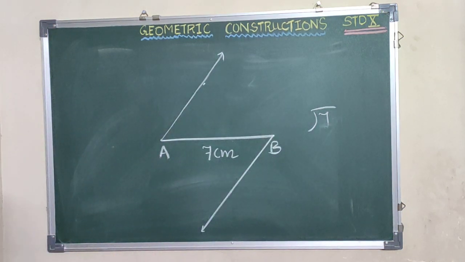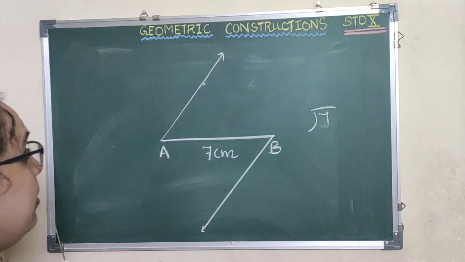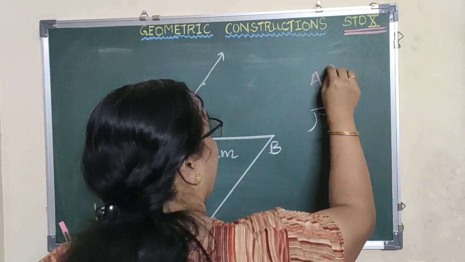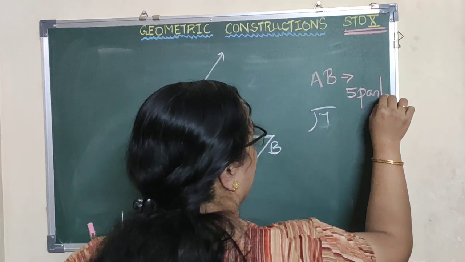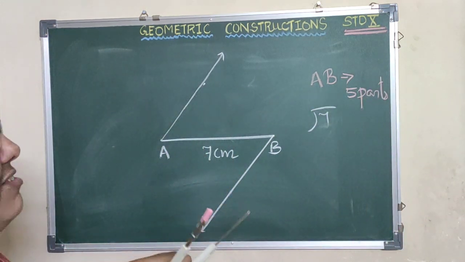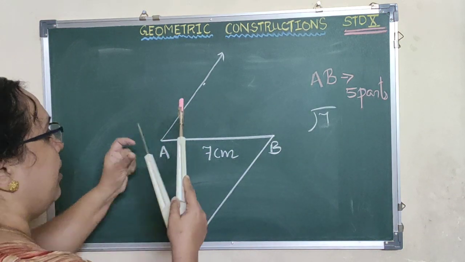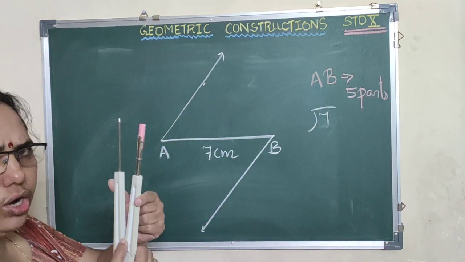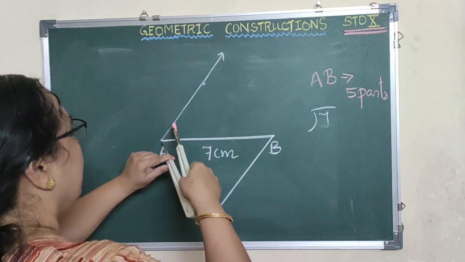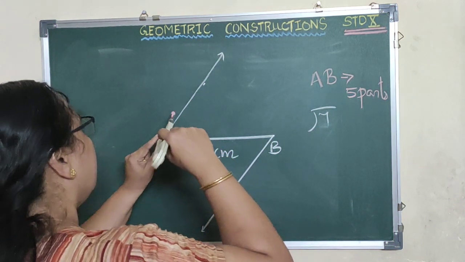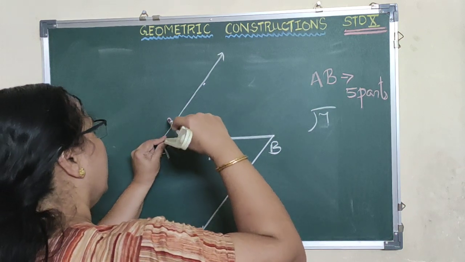Now, next we need is a compass. So we take the compass and start to divide. So how do we divide? We are told to divide the given segment AB into 5 parts. So what we do is, we start from point A. Take again a very small short distance. Don't take a big one, just take a small distance. Keep at point A. Start drawing arcs.